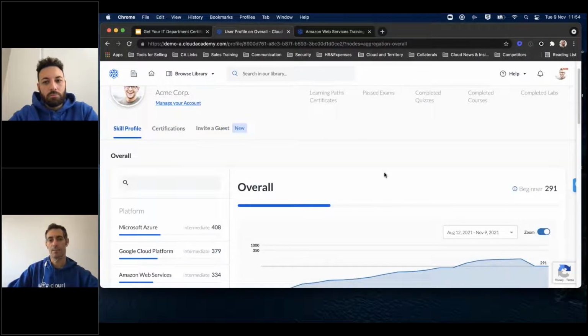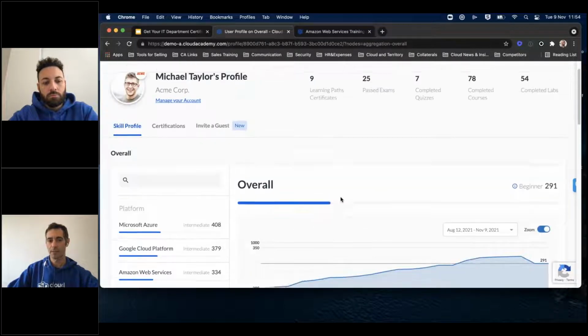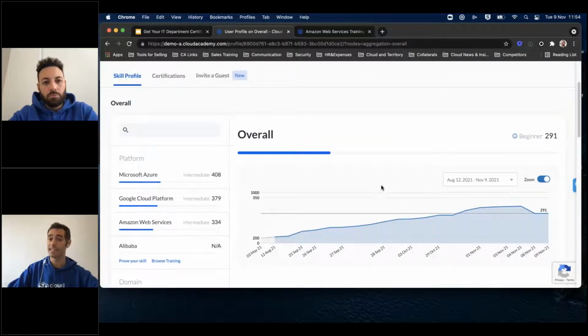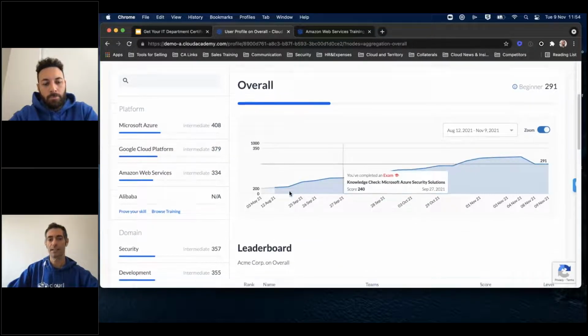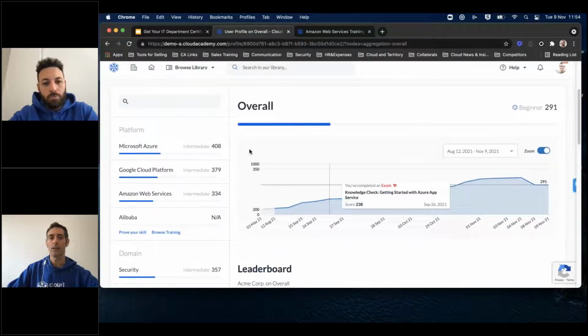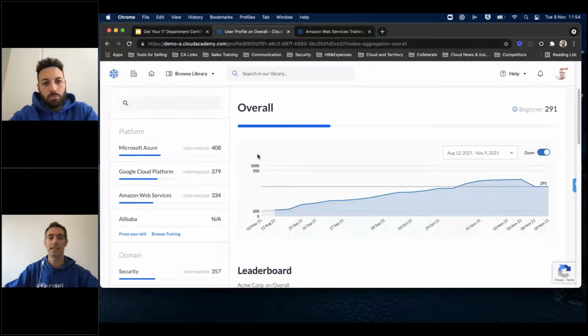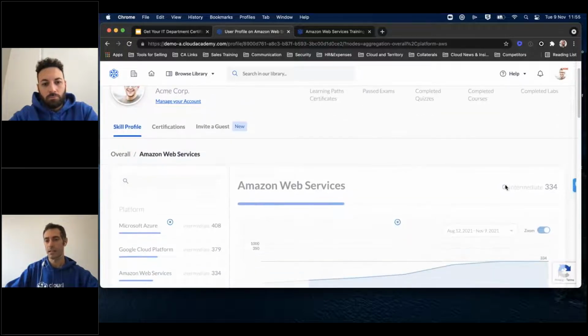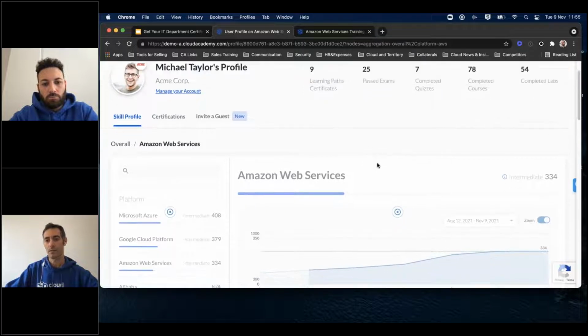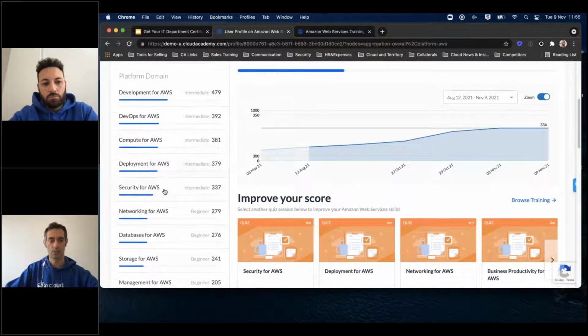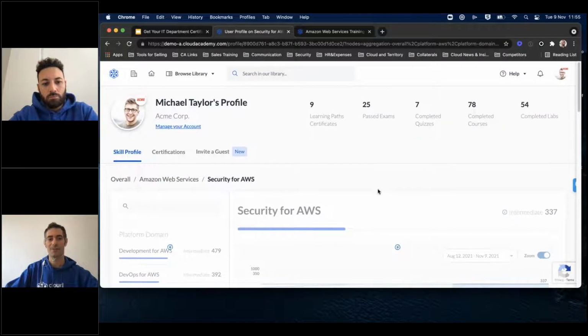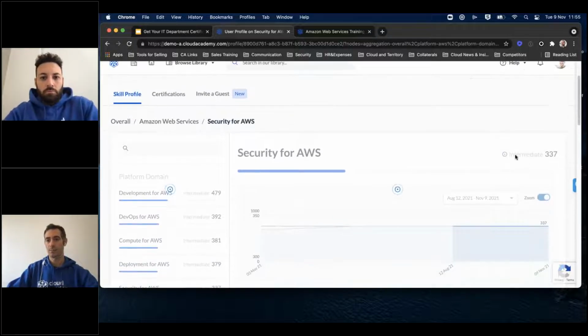But I think that the most relevant part is the skill profile. Remember that this skill profile is basically built when the first assessment is completed. You can see here the different platforms, the different domains. You can see again the leaderboard. Michael, or any other users for that matter, can come here and say, okay, I want to see how my competence level is when it comes to AWS. So you can see here he is intermediate, but not only that, he can also decide to see how it stacks when it comes to security for AWS, there is another punctuation.